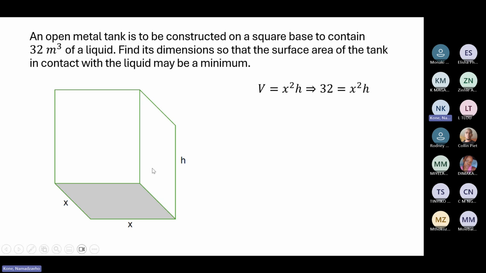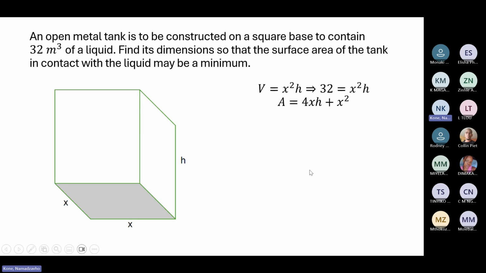And then there are 4 rectangles that are standing up. Each one of those rectangles, the area is length times breadth, which is x multiplied by h. So we've got x times h, 4 times. That is why the area of this box will be area equals 4xh plus x squared. Now, the question says we need to find the dimensions of this tank. So the dimensions, it means that we need to find this value x and the value h for this area